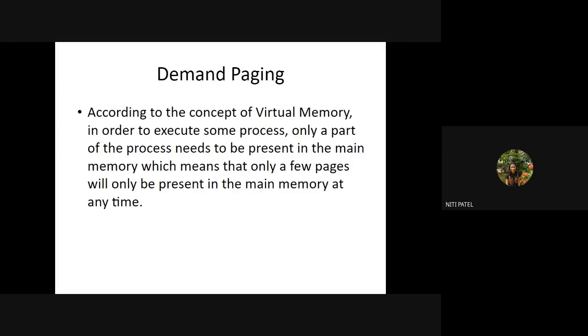But since I know that only one is going to be executed at a time, I will only bring one into virtual memory. And then if that virtual memory's process has a reference in the secondary memory, I will select only those many process pages from the secondary memory and then continue with the execution. I will not load the pages of P1, P2, P3, P4 from the secondary memory into the RAM. Why? Because I do not have that much space.